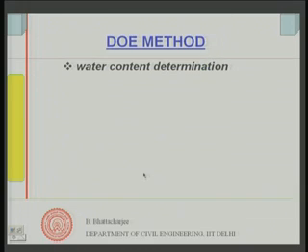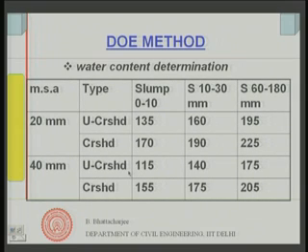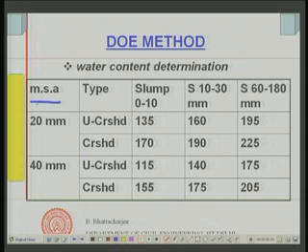Now, having found out the water cement ratio, the next step would be water content determination, and this is simply done from a table. This table looks like this; it is a part of the table again. This is a column for MSA, 20 mm, 40 mm, and there is one for 10 mm also. I have not included that, because it is not really required for our understanding. Then aggregate type is given, crushed or uncrushed. Uncrushed means natural gravel or natural land quarried sand maybe, or river sand. So, these are all uncrushed. Crushed means crushed aggregate, crushed sand or crushed quartz aggregate.